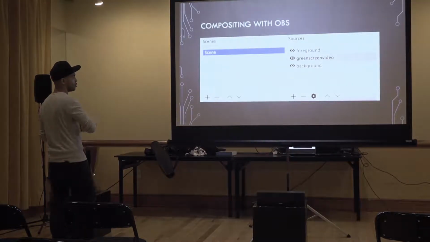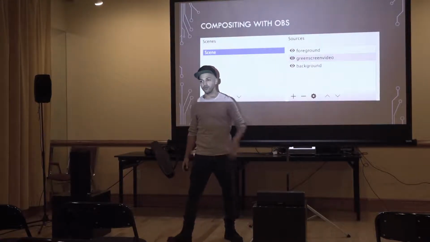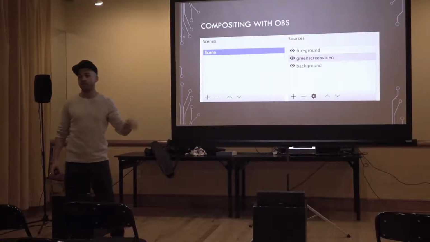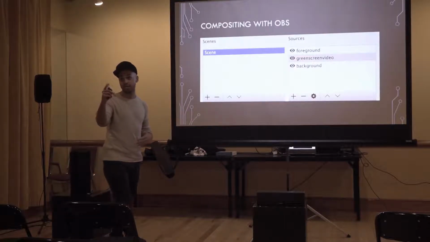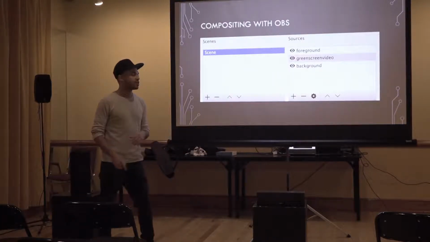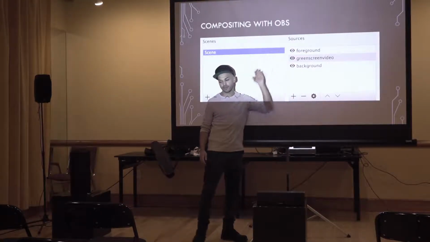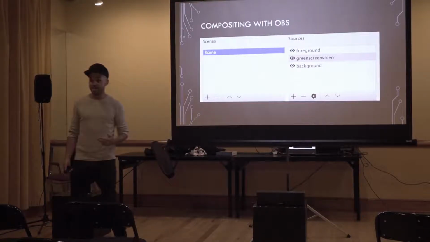So as I said, with OBS, this is really all it takes to composite it. We have the main video, which is what we'll use. I'll go over the tools, but we use a capture card that's connected even to this GoPro, but you can obviously use higher quality cameras. Set up that main video feed, set up the background and foreground. That's pretty much it, and you'll live stream it.